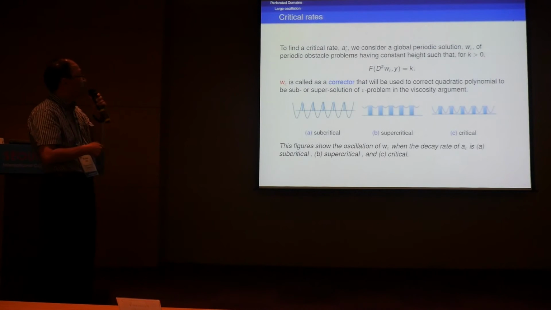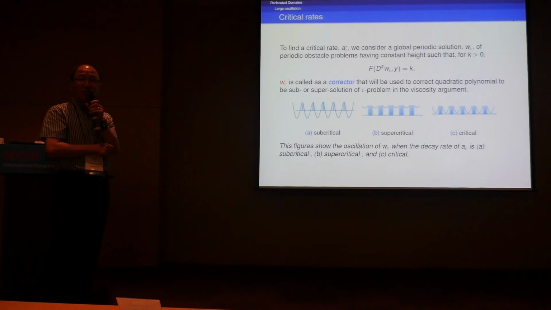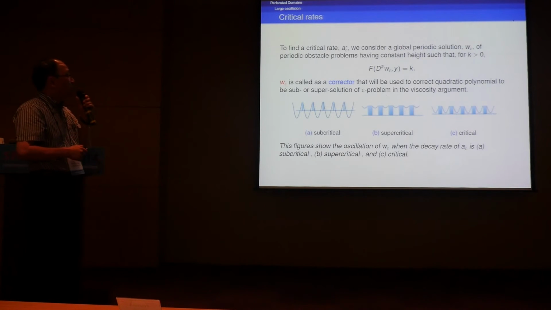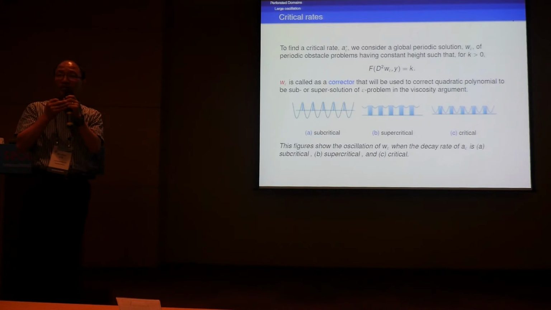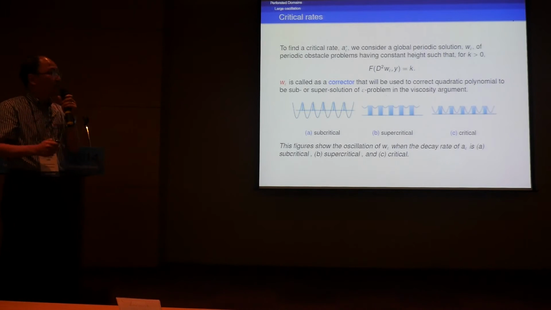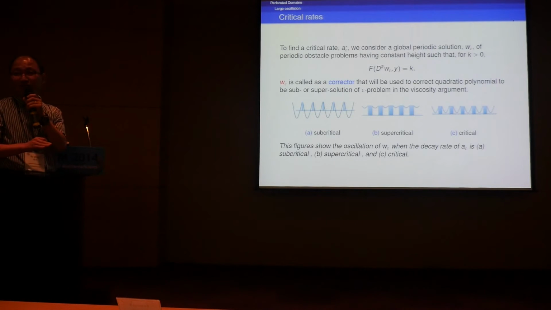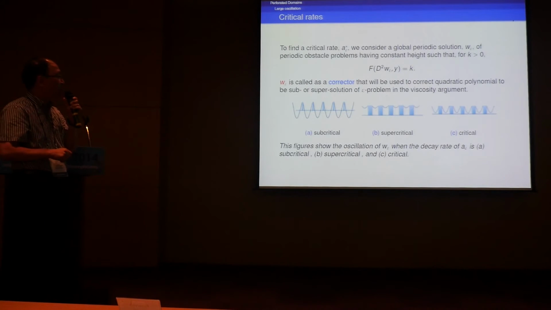Okay, so in order to carry out those arguments, let me show you how to think. The first question is how to find the critical rate. As I told you, constructing the correct one is very, very important. That will give us crucial information. So let's consider this problem. Now we are looking at the periodic bounded solution. If k is 0, well, a constant is a solution, no secret at all. Now we solve this equation above the obstacle. And this is a subcritical, this is supercritical, and this is the critical case.